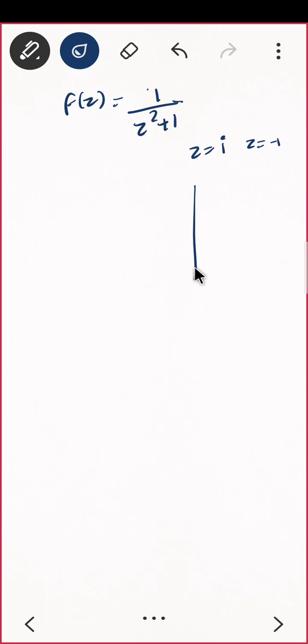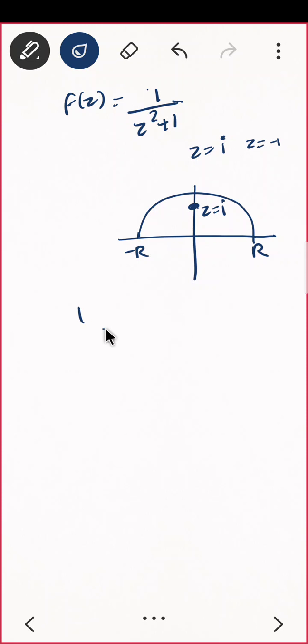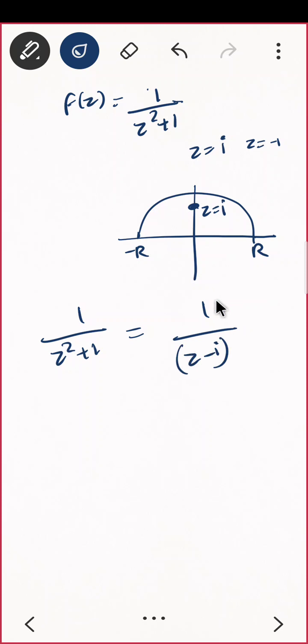So you just draw it, and whichever root lies above the real axis, you have to consider that only and find the residue of that. So one is here, minus i, and i will be somewhere here. Do you see? So you have to write your function in this form. How will we write it to find the residue? z square plus 1 will be 1 upon z minus i, and in the denominator here 1 upon z plus i. Correct? So this is my phi of z.